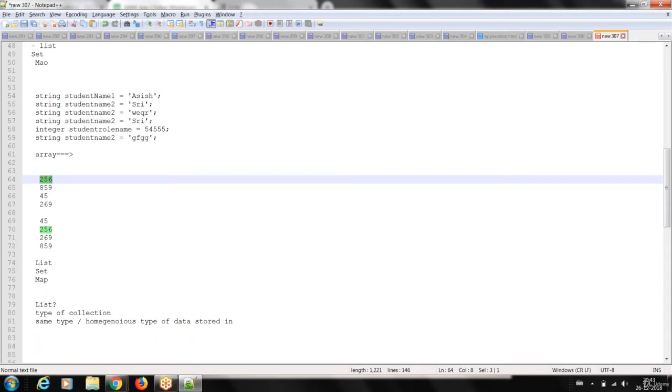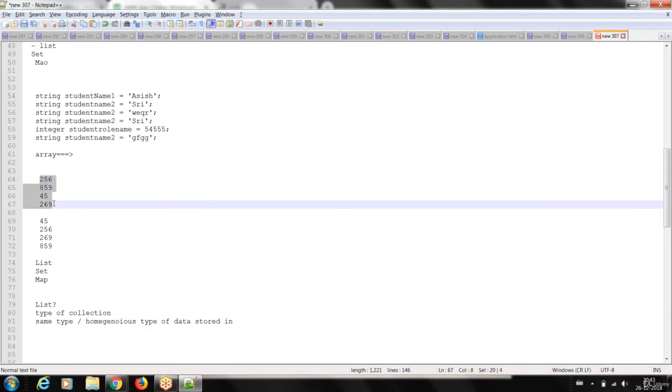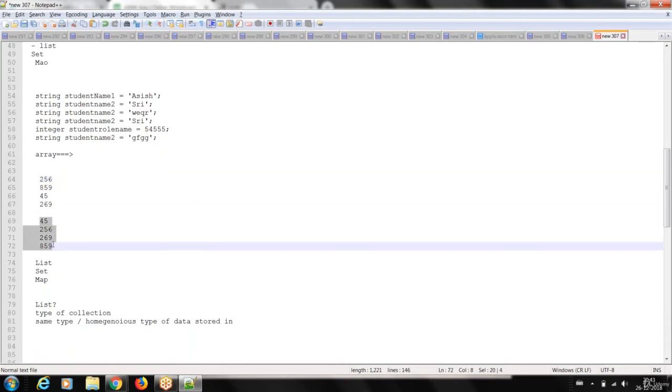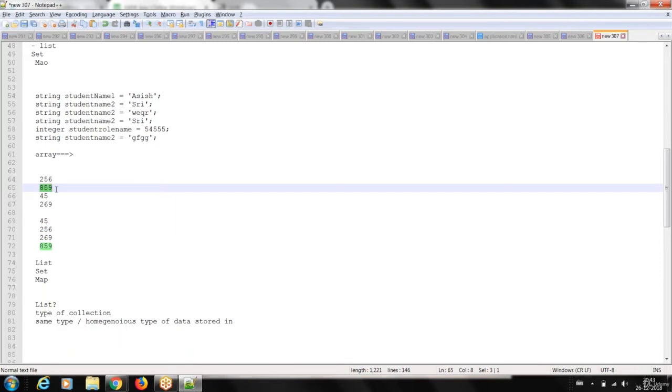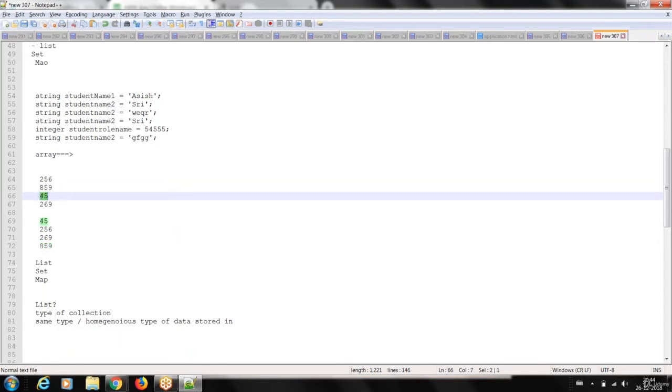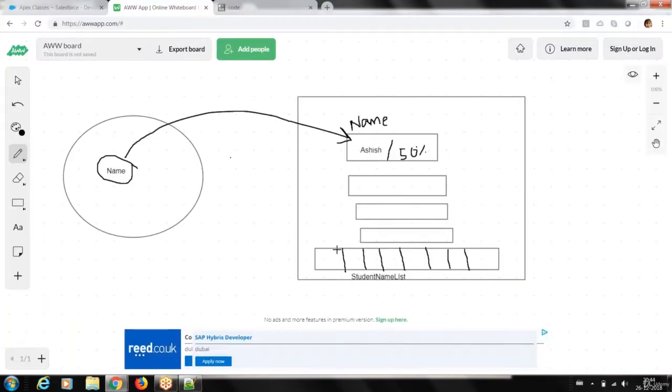So what happened here? List is a collection of elements in the order we entered, not the sorted order. The element you entered first is going to be stored in the first index, the next element in the second index, then the third element in the next index. In that way, the moment you enter it, it captures the next index. So if it's an integer type, the first element sits here, then the second element here, then the third element here. If it is not a list, if it is something like a set, then what will happen?